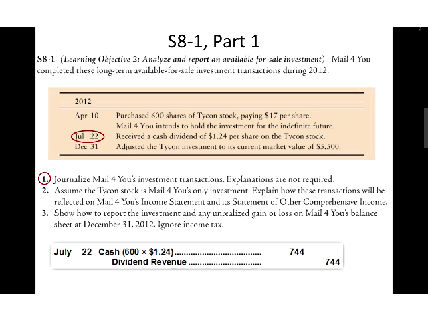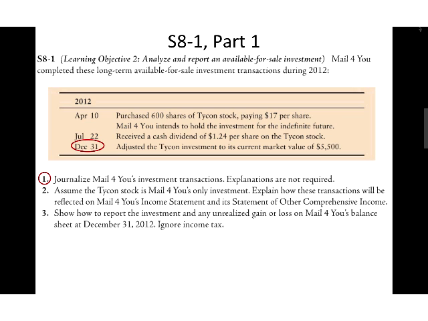So far we've done 2 journal entries. The first journal entry, April 10th, was for purchasing the investment. The second journal entry, on July 22nd, was to recognize the dividend income revenue off this. And now our third journal entry tells us that on December 31st, we adjusted the Ticon investment to its current market value of $5,500. So in this case, what we're saying is we bought it